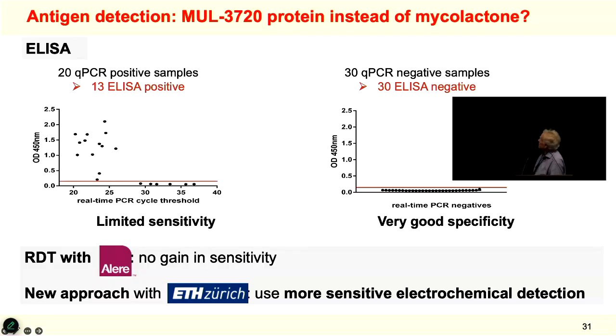PCR negative samples are negative, and we have limited sensitivity. So if you have a lot of mycobacteria in your sample, a low CT value in PCR, you get positives, but when there's very few bacteria, it's negative. We've tried to develop an RDT together with Alir based on this assay, and we didn't gain sufficient